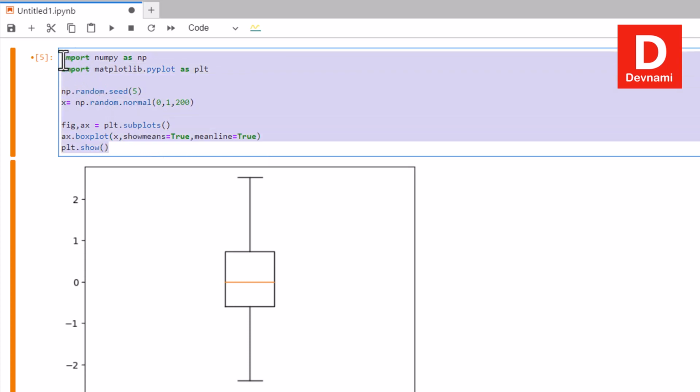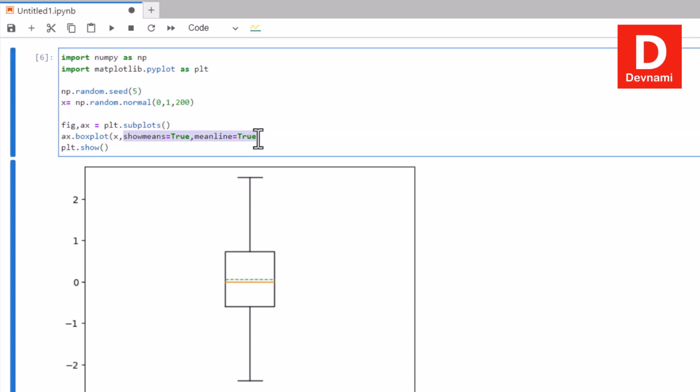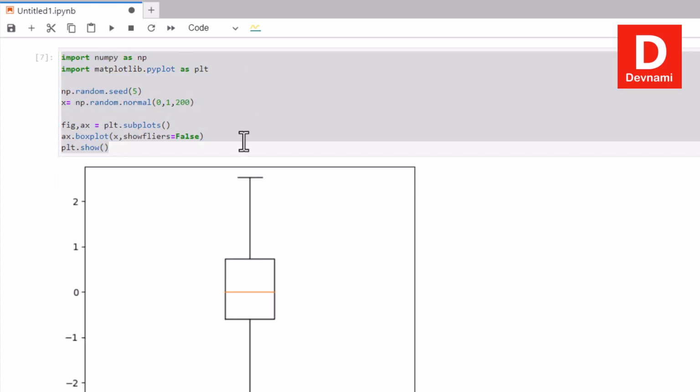So if I select everything and then run, then you have the mean line. Okay, now the next thing we can do is remove the outliers. So the showfliers property needs to be set to false. So showfliers set to false. If we select all of these and run,